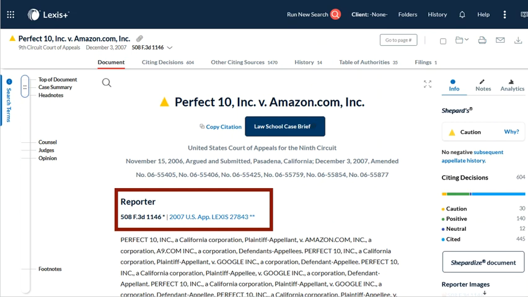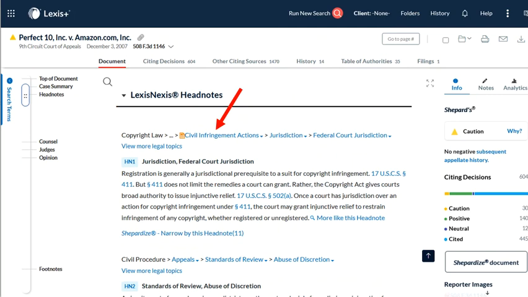Let's start with the case Perfect 10 versus Amazon, 508 F.3d 1146. Lexis Headnotes appear after some introductory information, but before the actual text of the case itself. Lexis Headnotes contain language of the case that the editors at Lexis have selected for the points of law they discuss. Readers can scan the headnotes and then jump to that actual discussion in the case by clicking on the